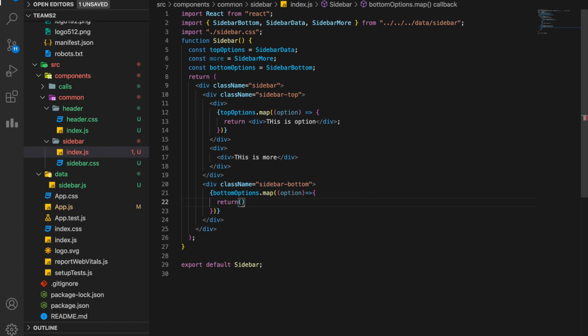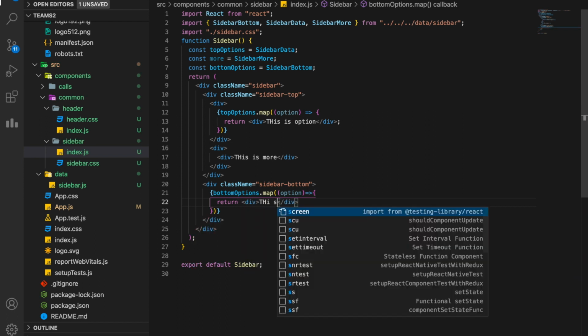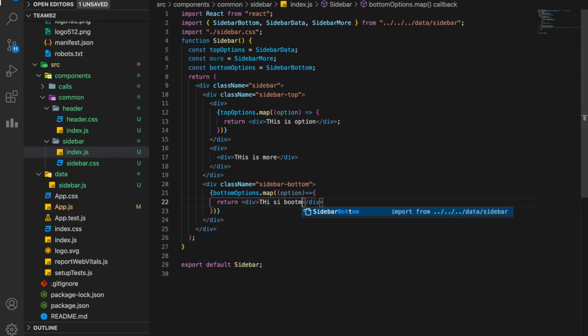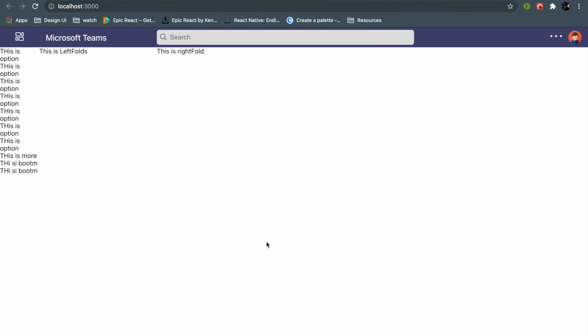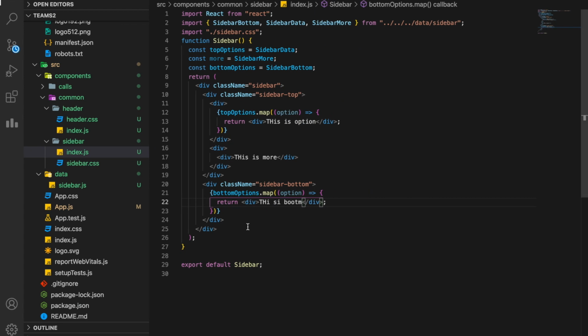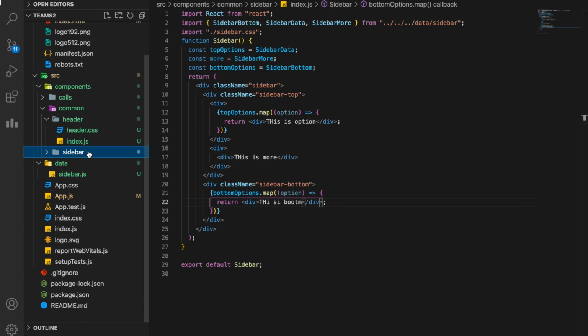So when we return it, okay, I don't need this actually. I'll just write a div here. This is bottom, doesn't matter. What's the spelling? So you can see there are two bottom, there is one more, and there are 7 icons here. Perfect.